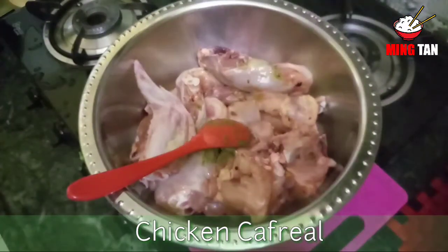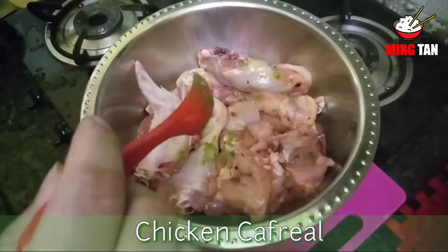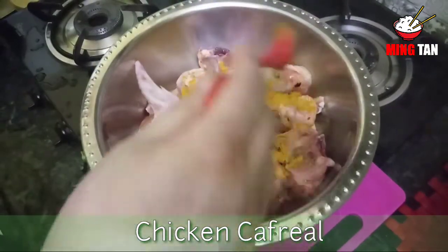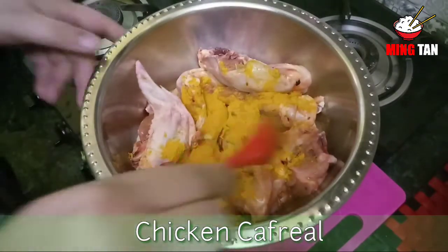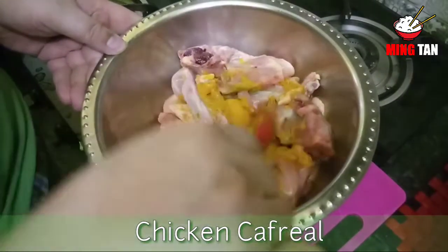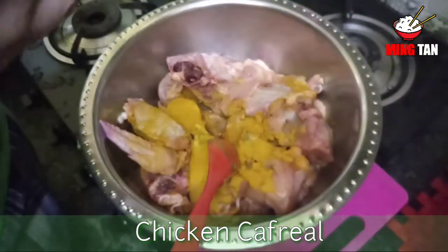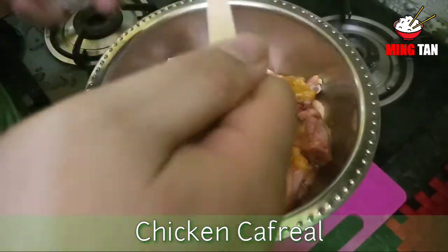Now let's begin marinating the chicken. Now I've taken about 1.5 kilos of chicken. So first let's add a little bit of turmeric. So I'm taking about 1 teaspoon of turmeric, and I'm going to mix this. I'm going to add a little bit of pink salt, Himalayan salt,